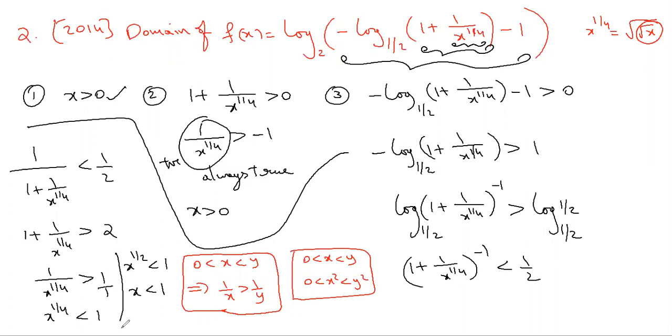So what you got all together: from the first two you got x greater than 0. From the third one you got x less than 1. So you combine these two and write. I told you already in the regular class that if you write the inequality in less-than notation, you'll get more clarity, because on the number line, numbers are in increasing order. 0 less than x is less than 1. This one and this one together. So x belongs to the open interval 0 to 1 is the final answer, and that is option 1.